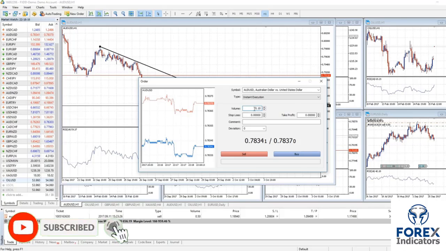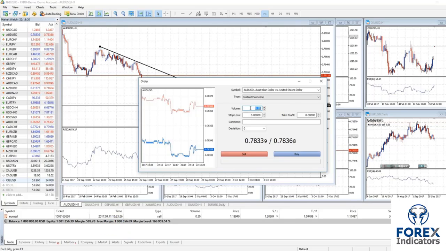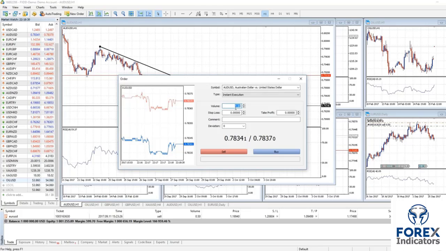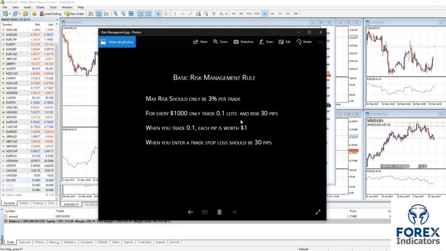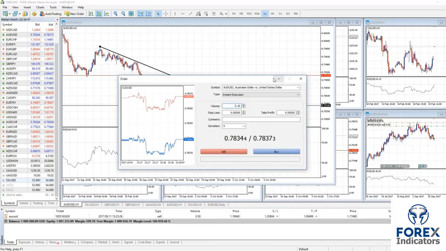Okay, because when you trade 0.1, that's what's known as a mini lot, and with a mini lot, you're basically trading $10,000. Okay, we already went over leverage in the previous lecture, so I don't need to explain that you don't actually need $10,000 of your own equity because of the leverage in your account. But basically, when you trade 0.1, you're trading a mini lot, and every one pip is equal to $1.